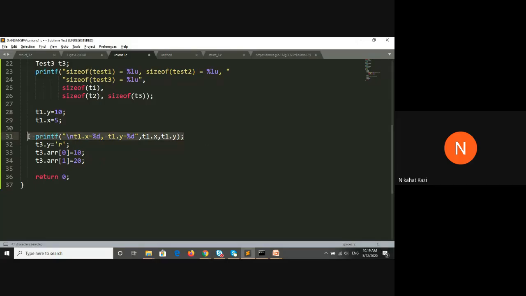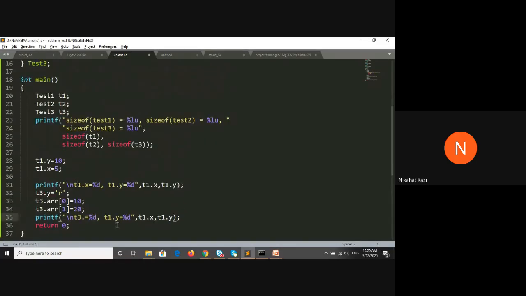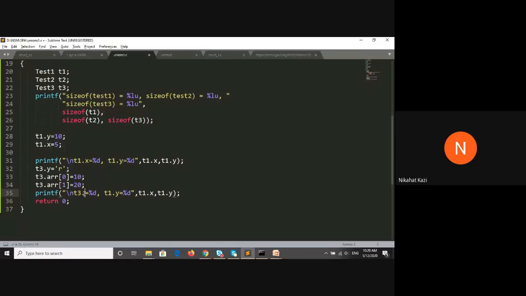And here I will print t3's character first. The character was named y. So t3.y is equal to %c, t3.array of 0 is equal to %d, and t3.array of 1 is equal to %d.